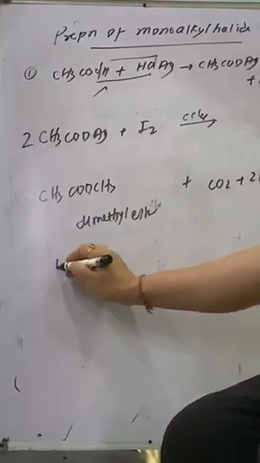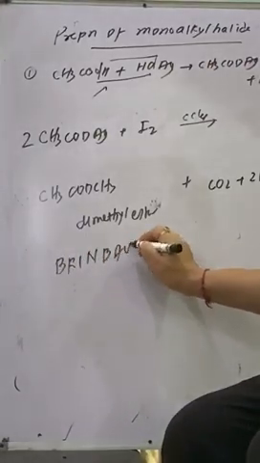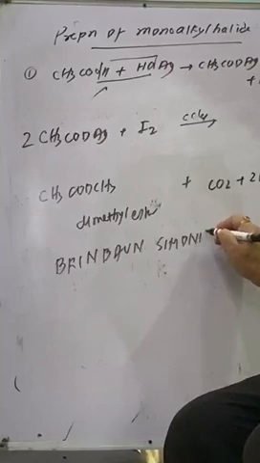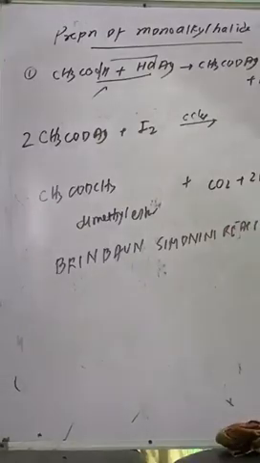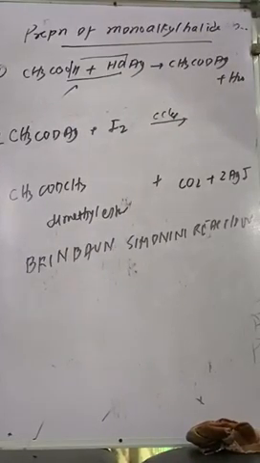This is called the Birnbaum-Simonini reaction. So be very cautious about this one. Whenever iodine reacts with CH3COOAg, you will never write that CH3I is formed. You will show that the product is the ester. It is a question often asked in ISC to check your concepts. Undoubtedly, CCl4 acts as a decarboxylating agent, but the concept has to be restricted to these features.